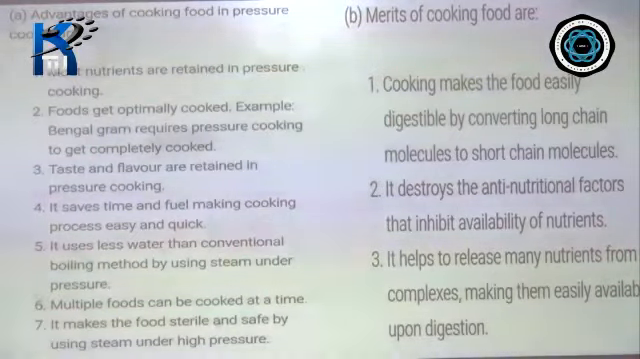be consumed. And if we look at the second part of this question, which again is for 5 marks and includes merits of cooking food. The student is supposed to write about the merits, which could be, it makes the food easily digestible, destroys anti-nutritional factors, means those reasons which makes the food hard to digest, and it also releases many nutrients and makes them